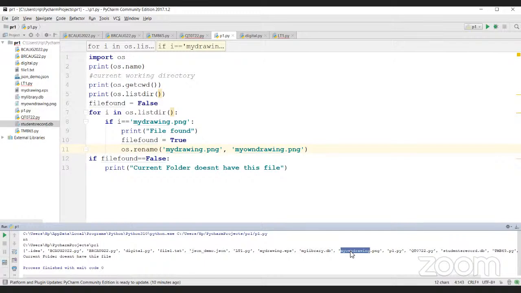Okay, so these are some of the functions that are available in the operating system which you can handle. Say you want to clear the screen. We do have an option for that. To clear the screen, we have different commands in